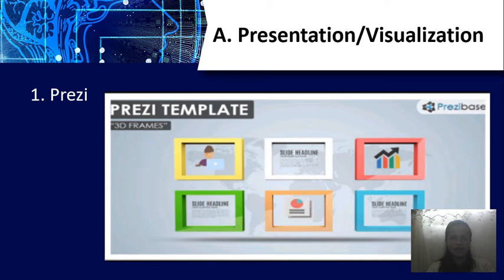One example for this is Prezi. Are you familiar with this? As you can see here in the picture, this is the template for Prezi. Prezi.com. Prezi helps to reinvent the art of presentation.